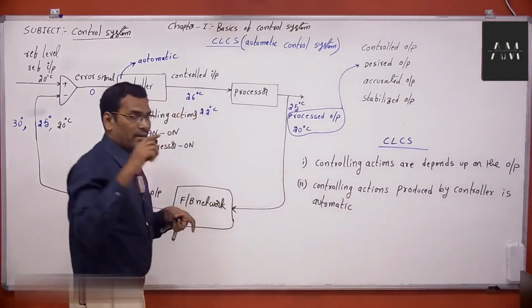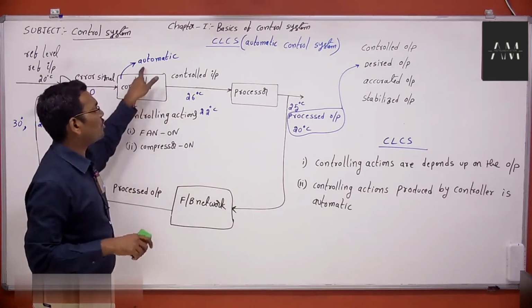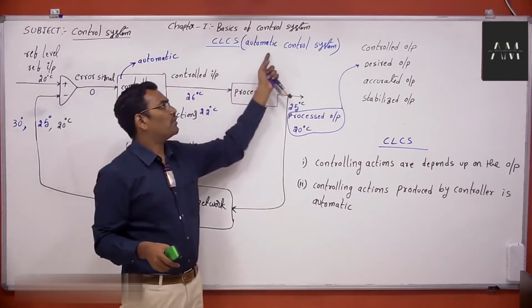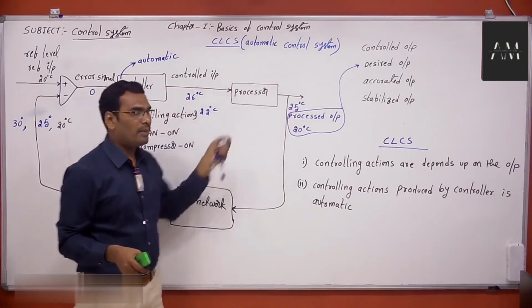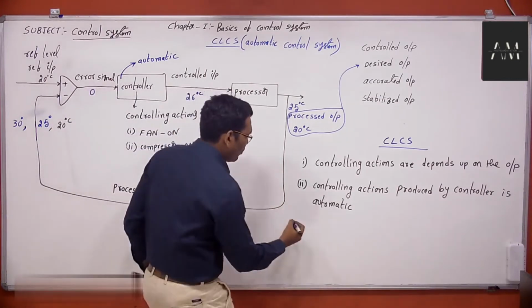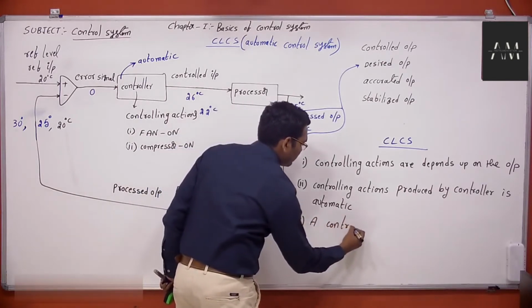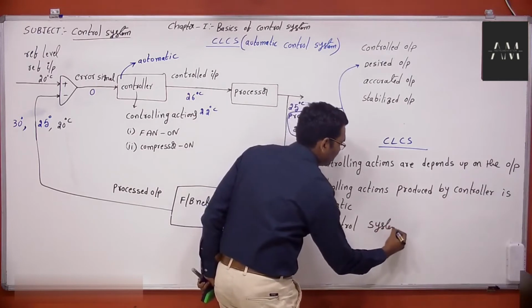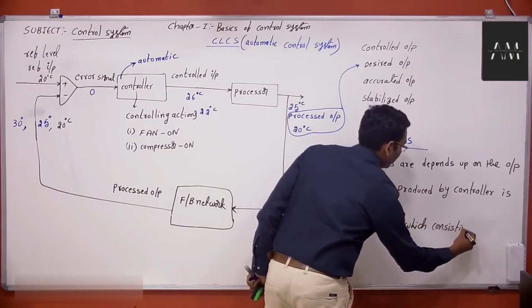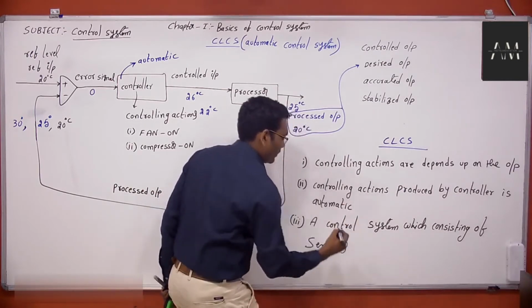Now compare the previous one and this one. In an open loop control system, the controlling actions produced by the controller are manually operated, therefore that is a manually operated control system. But this is automatic, therefore this is an automatic control system. Why is this automatic? Because here it consists of a sensor. Therefore, we already have a third point, which means a control system which consists of a sensor comes under